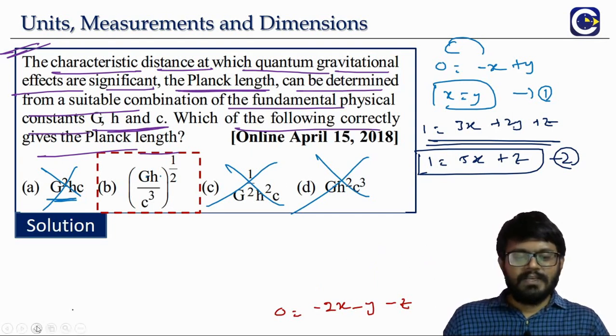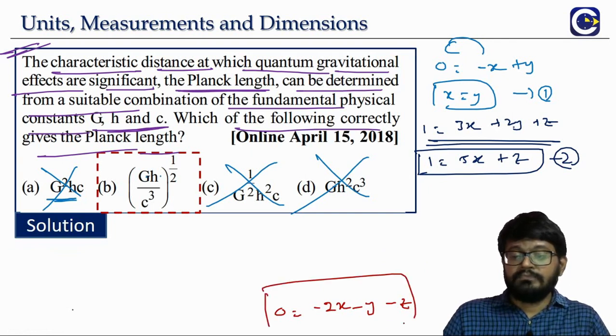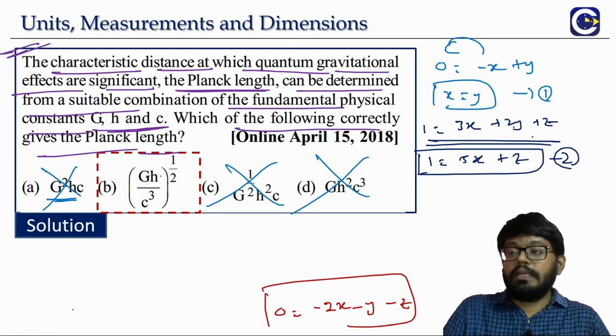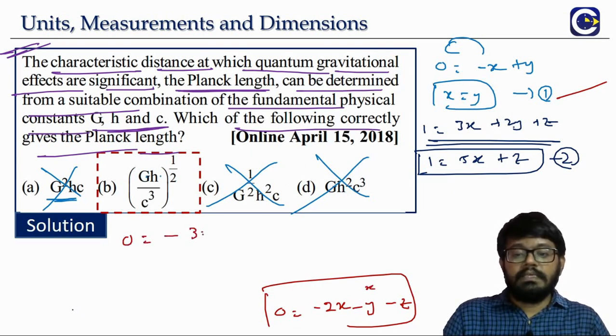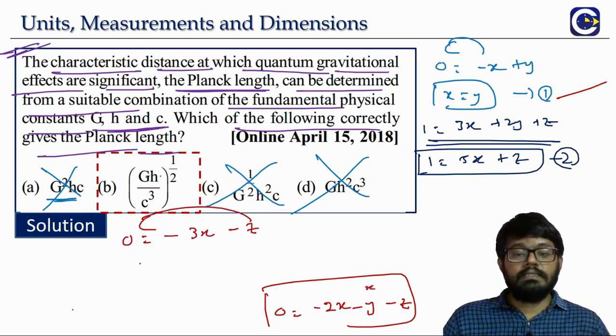Okay. So what is it that is there in our hand now? In this equation, I'll do one more substitution. Already from equation 1, I have the value of y is equal to x, right? So here you put x, means 0 is equal to minus 3x minus z. You just take the minus z to the left side, z is equal to minus 3x. This is coming as equation 3.